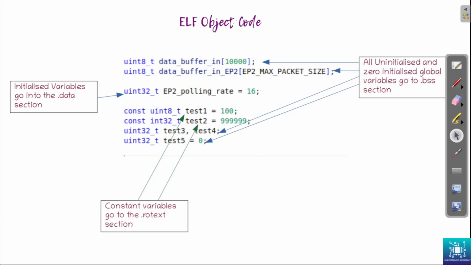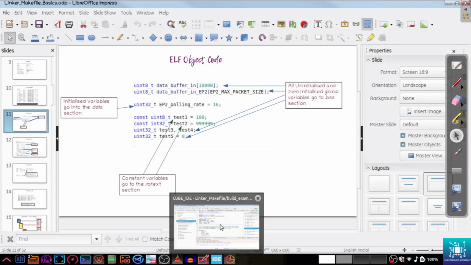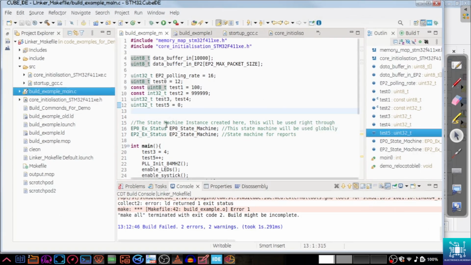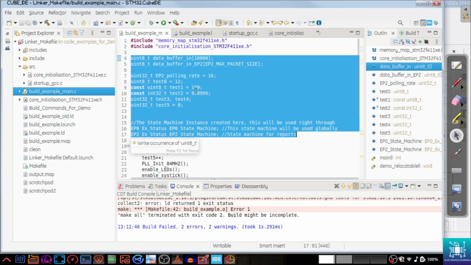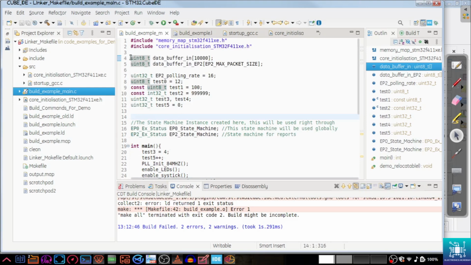Now let us look at the global part of the code. That is, if you look into the actual source code, we are looking at this part outside main, the globally declared variables. Globally declared variables and data structures is something that we are looking into now, and we will see where this data is actually stored by the compiler when it encounters these variables. So we feed this particular file into the compiler, and we saw the different sections mentioned previously,